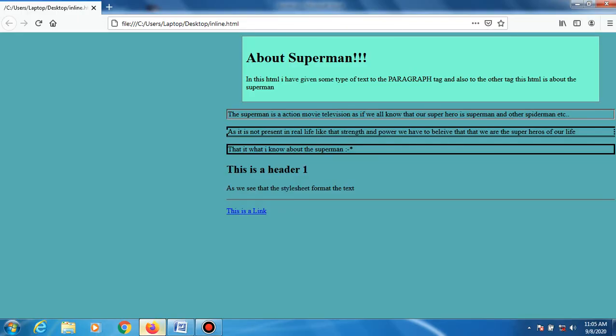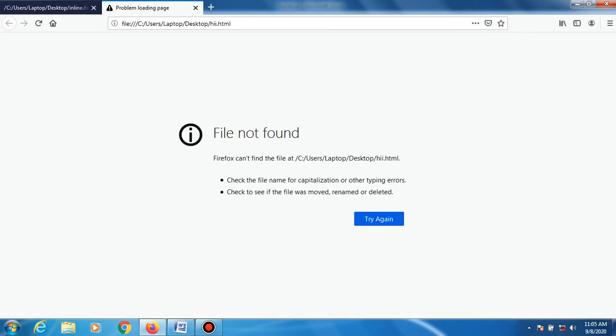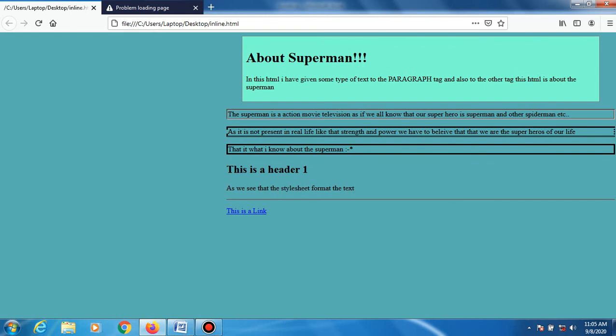Finally, a cascading style sheet applies different styles, and it has a link also. If we give the correct link, the given program will be opened and executed.